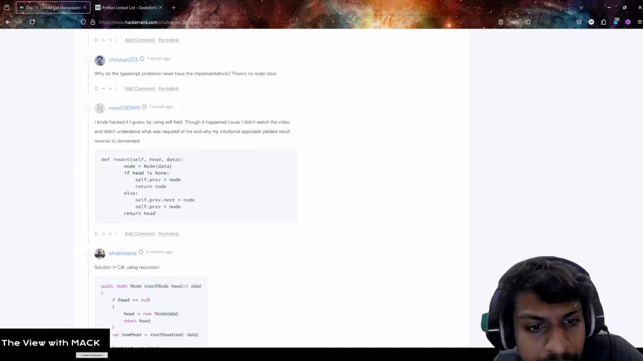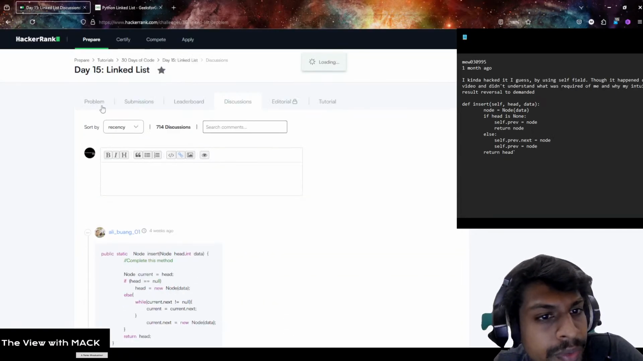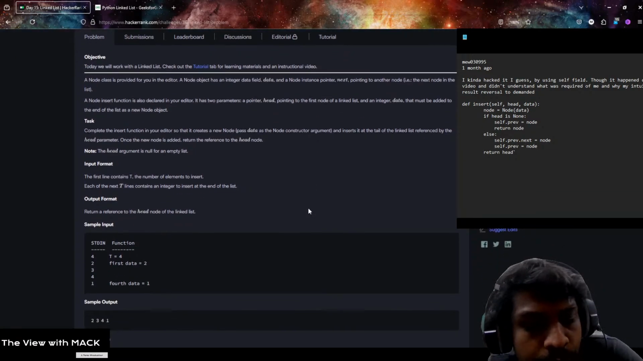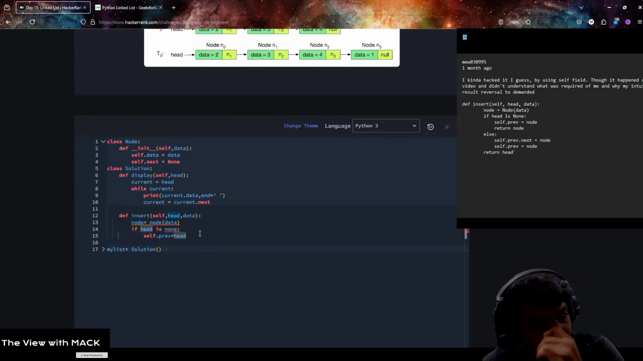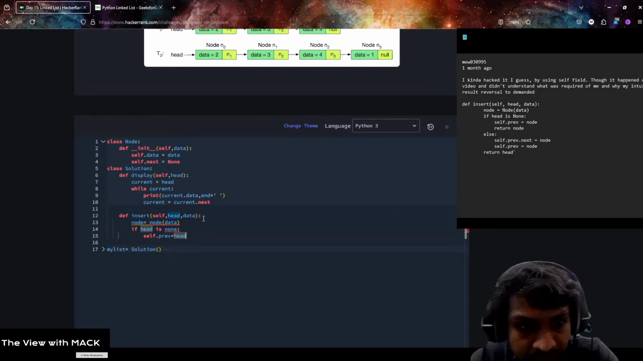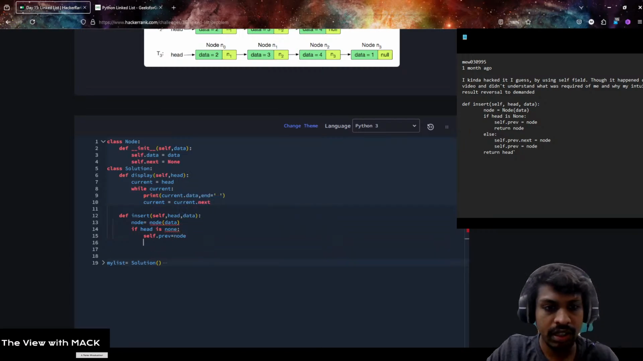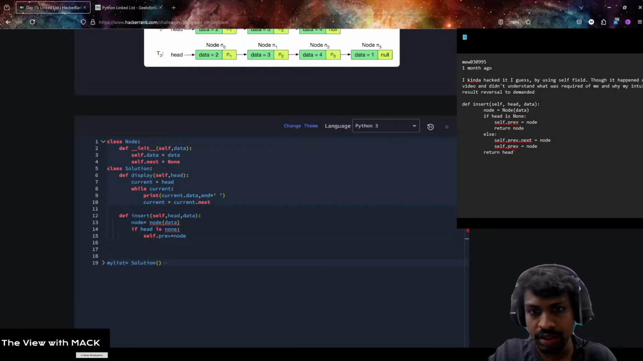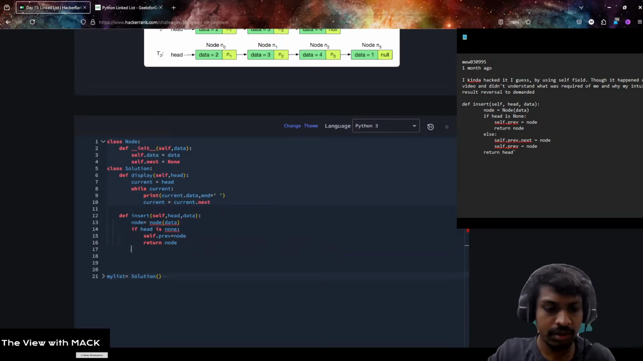So we will take our notepad and paste it. Complete the insert function so that it creates a new node, passes data as the node constructor argument, and inserts it at, wait, do we have a self dot data? Oh, next and previous. Okay, so if it is none, we go to the previous node and then add the data to the node, then we return the node with the data we collected. That is what return node does. Else